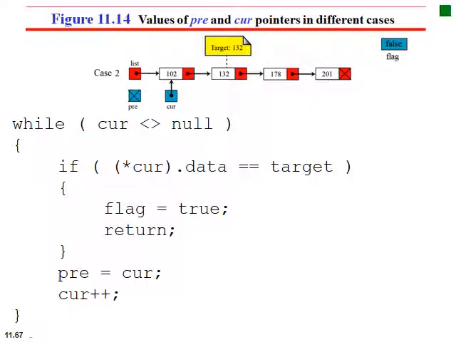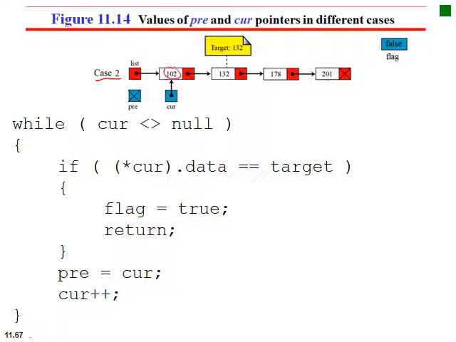Right, so this is case 2, as you can see over there. So it means we find it somewhere, in this case somewhere in the middle of the list. We find the item. So we use exactly the same algorithm again. The algorithm is not changed here. It's exactly the same algorithm. So basically, at first, current points to the first pointer, pre-pointer points to nothing. And then we will see